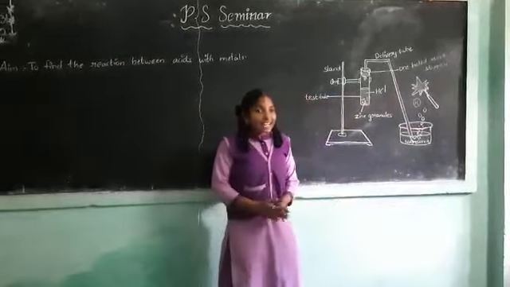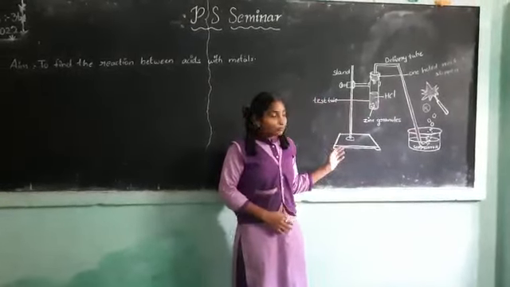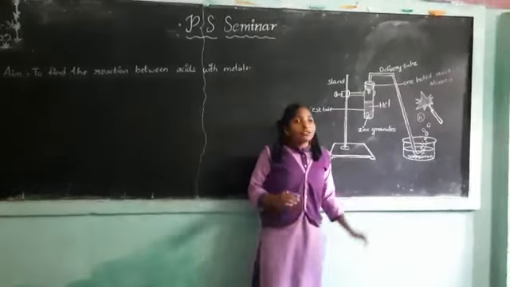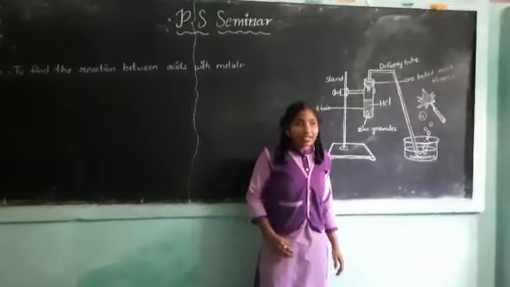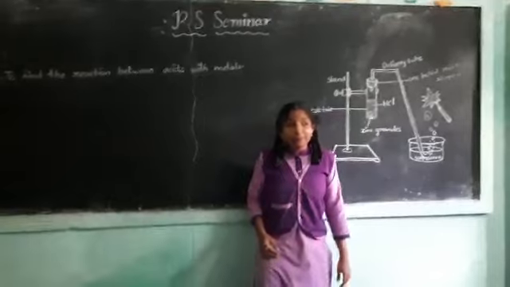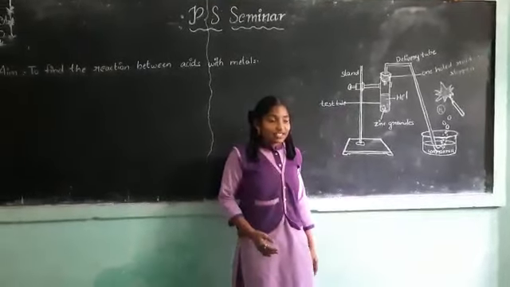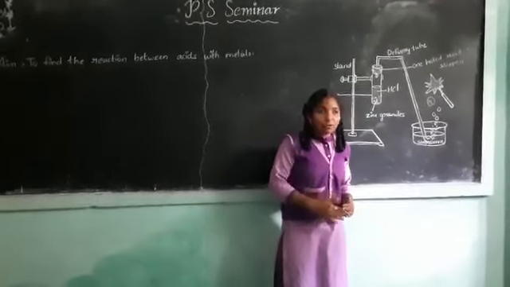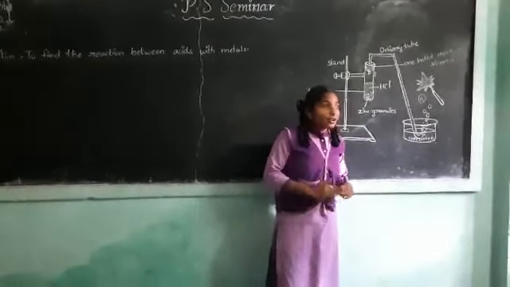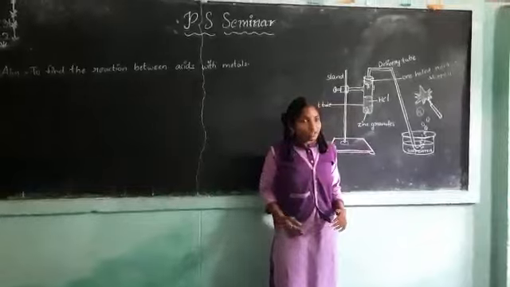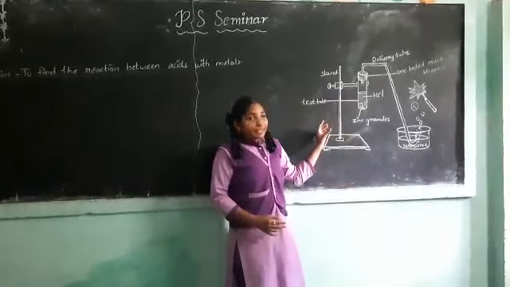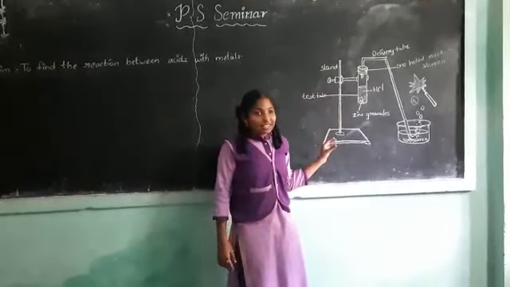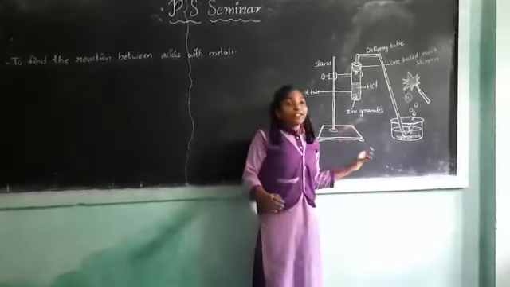Now let us understand the procedure through this diagram. Now first, take about 10 milliliters of dilute HCl. Now you all know what is the difference between the dilute and concentrated HCl. Because dilution means the solution mixed with water. It means reducing the concentration of H plus ions. Right? Now take about 10 milliliters of dilute HCl in a test tube and add a few zinc granules